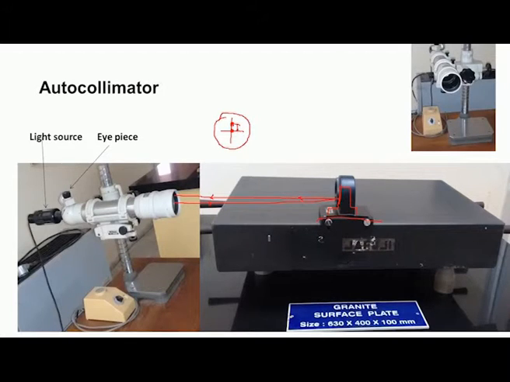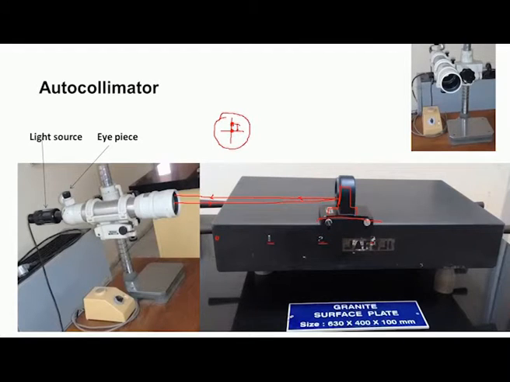Like this, at different locations, different positions, we have to keep the reflector. So, the total length of the surface is divided into some equal number of parts. This is 0, and you can see this is the first position, and this is the second position, third position. Like this, we have to divide this into equal number of parts, and then we have to keep on placing the reflector at different locations, and then we should note down the readings.